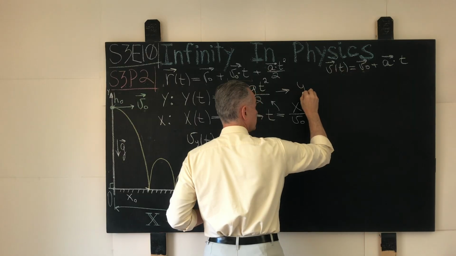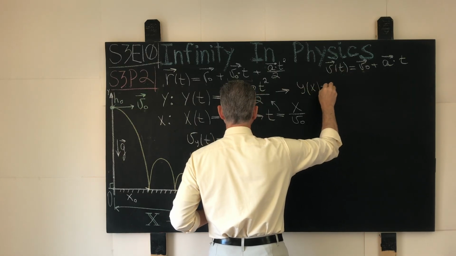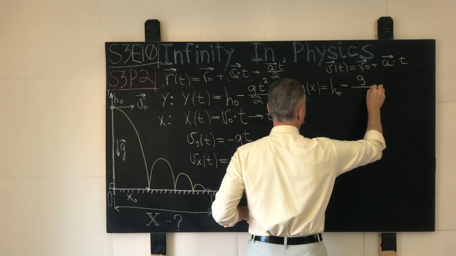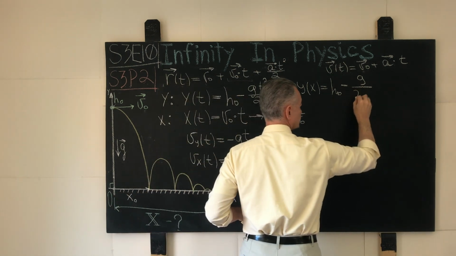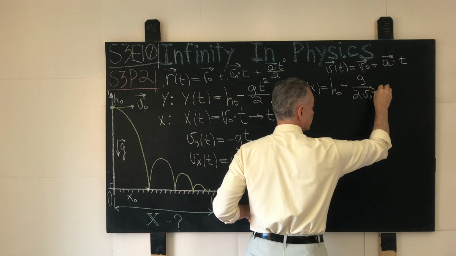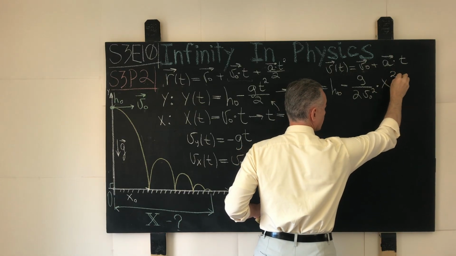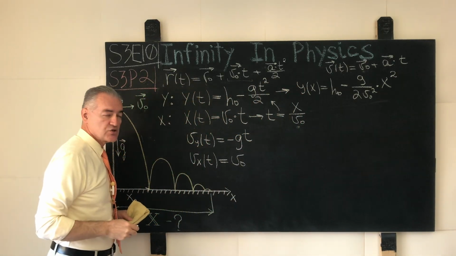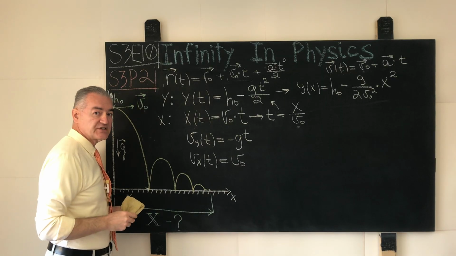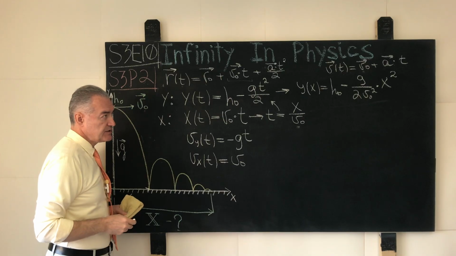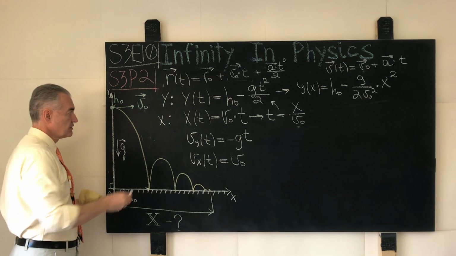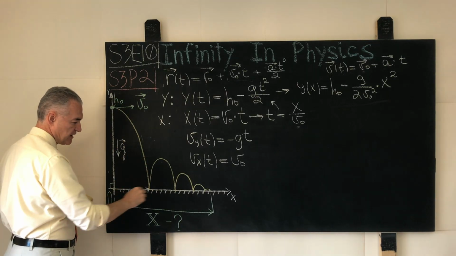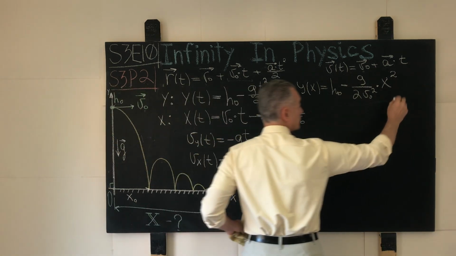We will have that y, this time of x, will be h0 minus g over 2 v0 squared times x squared. And what is this equation over here? Well, evidently, this is the equation of a horns down parabola, and in this case it will be the right parabolic arc, that explains this behavior of our chicken this way, because x varies strictly